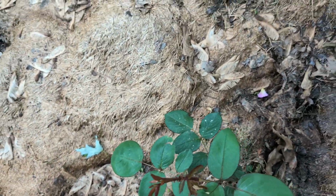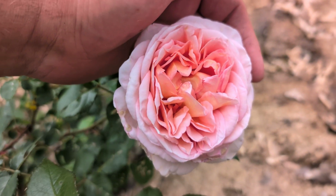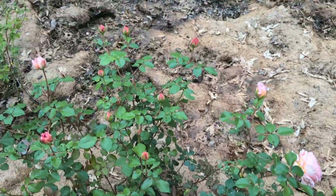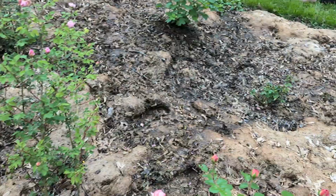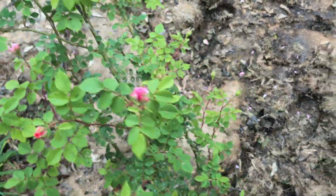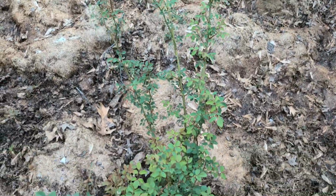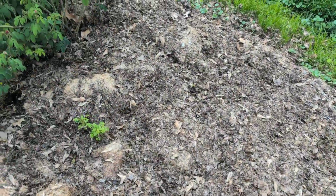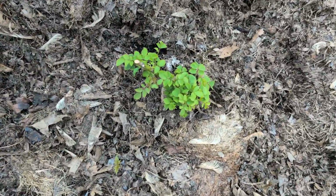That's the Squire. Abraham Darby. Quite a bit of buds. William Morris again. Lady of Shalott, no buds yet, but there will be. My sad little Tottering-by-Gently, or Tottering Gently By. Charles de Mills,